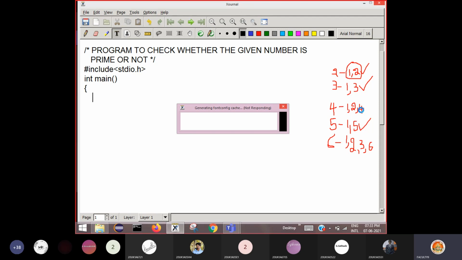If it is divisible more than 2 times, then you can say that it is not a prime number, because other than 1 and itself it has another factor. Then we can declare that it is not a prime number. This logic we need to implement in the program.